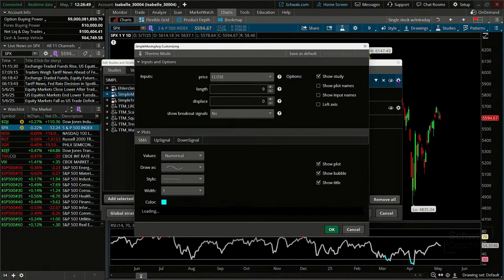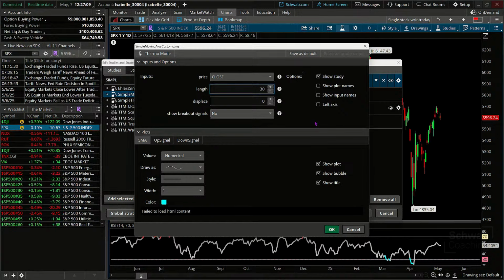Now we'll jump to the creation of the length. And this is where we give the specifics as to how we want that moving average to appear. What is the time frame of our moving average? So let's suggest we are going to build a 30-day simple moving average. I'll put that in there.